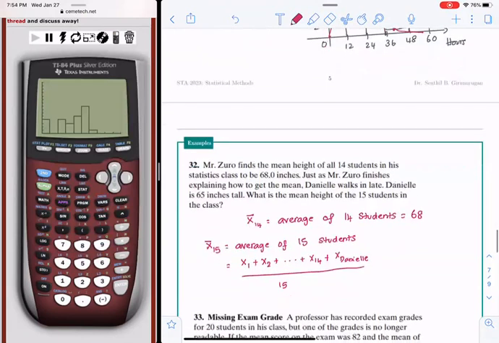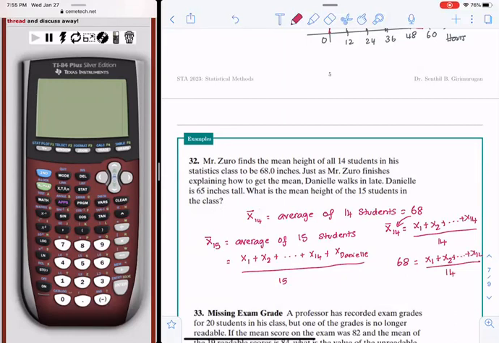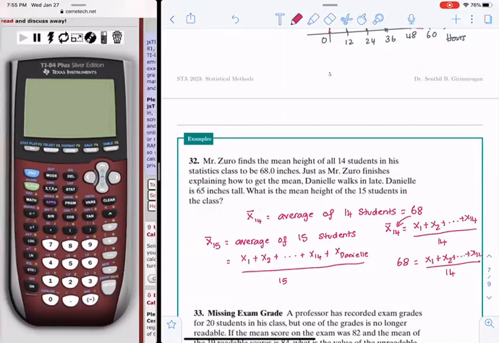So x bar 14 is simply x1 plus x2 all the way up to x14, divided by 14. That's how we find the average. Add all the heights of those 14 students, divide by 14. We know the average Mr. Zero found was 68. So 68 would equal x1 plus x2 all the way up to x14 divided by 14. So if I multiply by 14 on both sides,